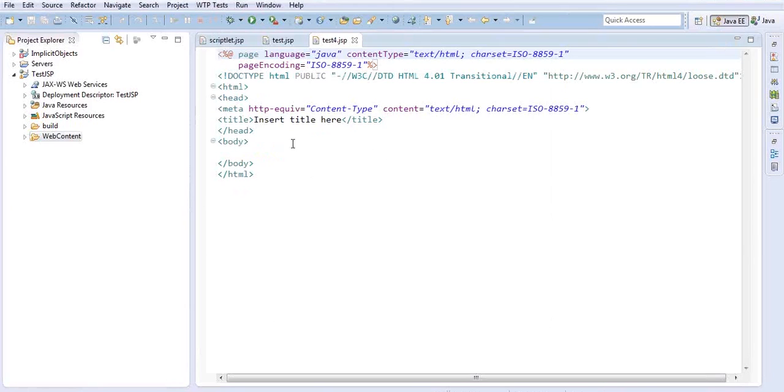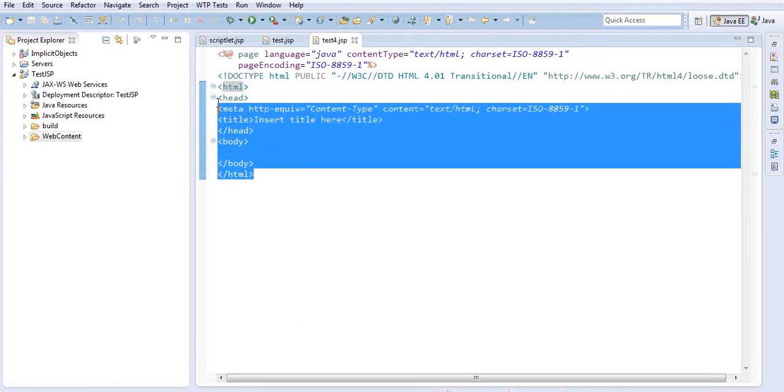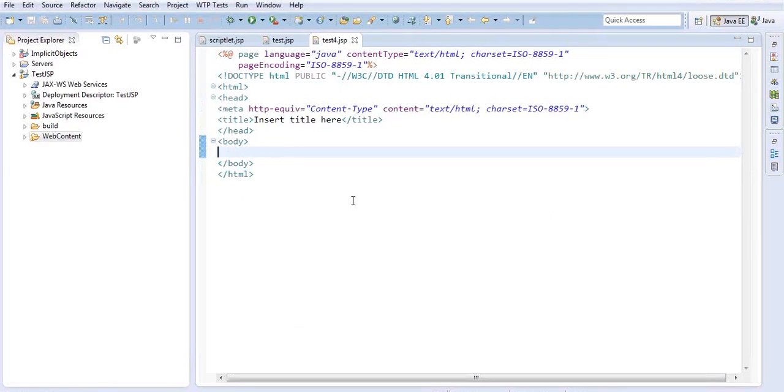By default this portion is created. You see the HTML file, body, /HTML. So as I said, the JSP is the combination of HTML and Java code. Now H1,